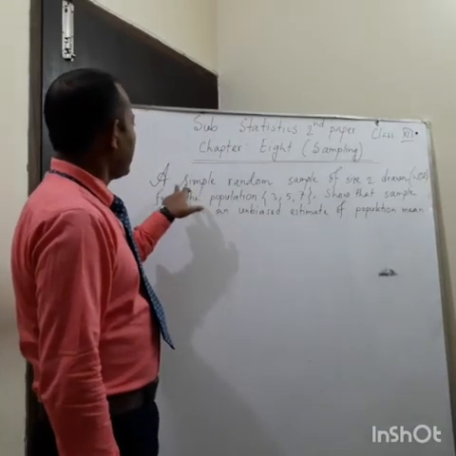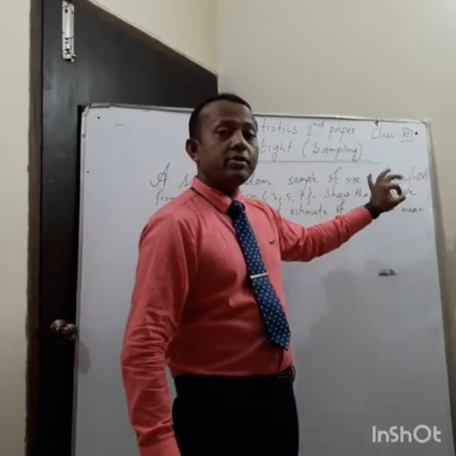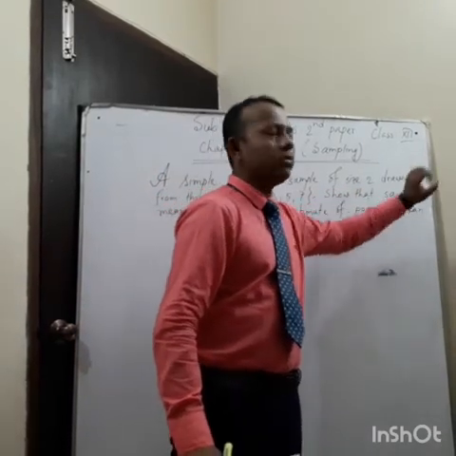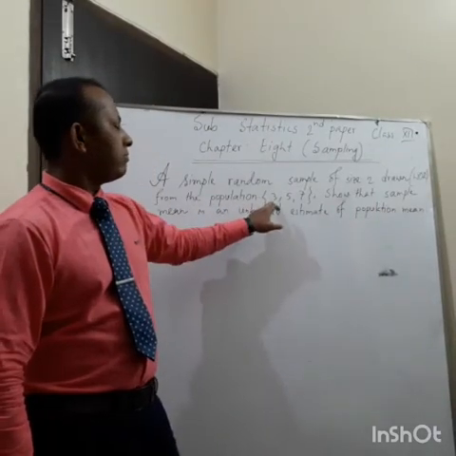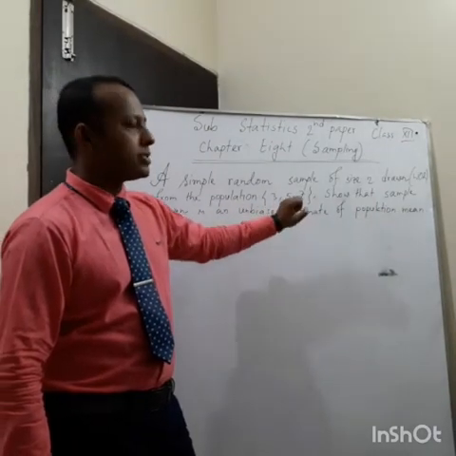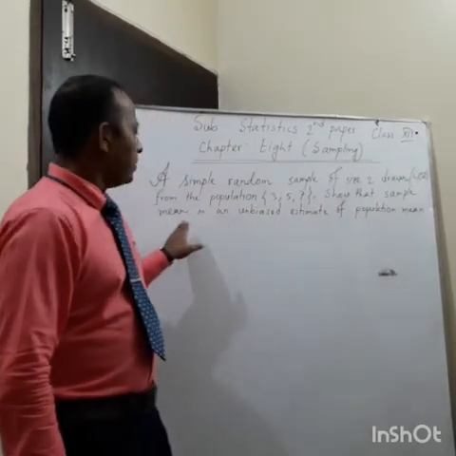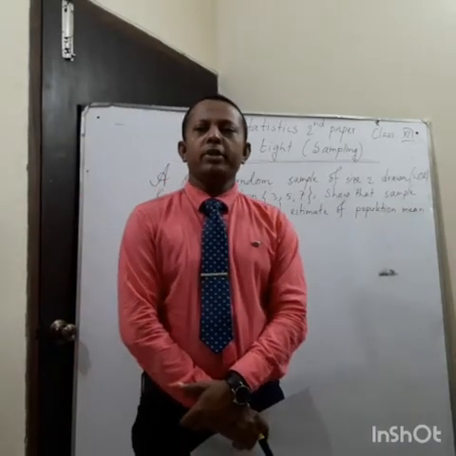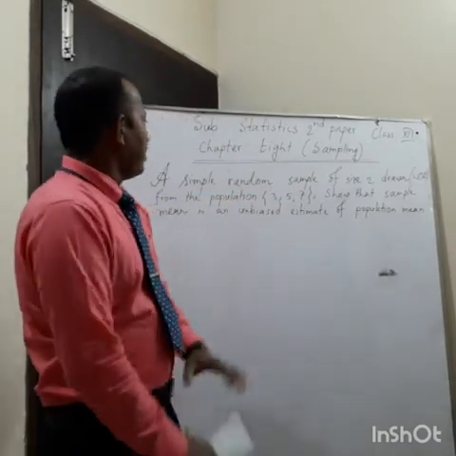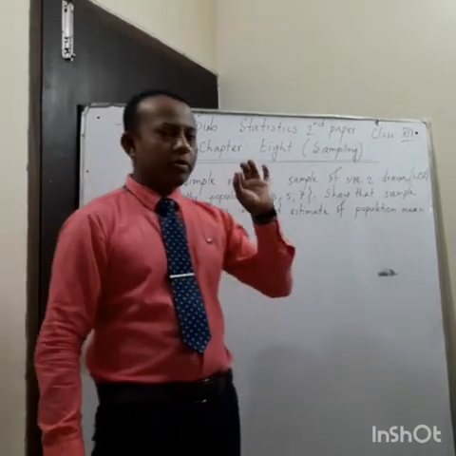Now, the problem is: a simple random sample of size 2 is drawn without replacement from the population 3, 5, 7. Now show that the sample mean is an unbiased estimator of the population mean. I repeat the question: a simple random sample of size 2